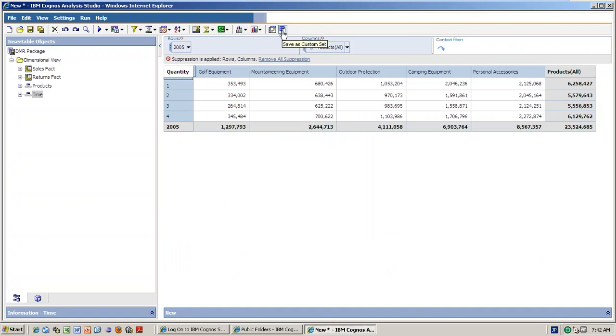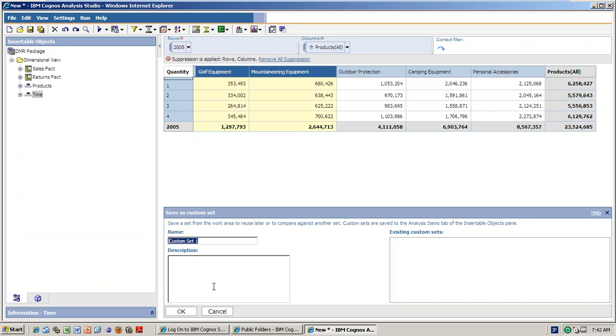So now you just see this. What is the custom set? For example, you are expecting golf and mounting equipment as one custom set. So you see that, click it, custom set, and click one.